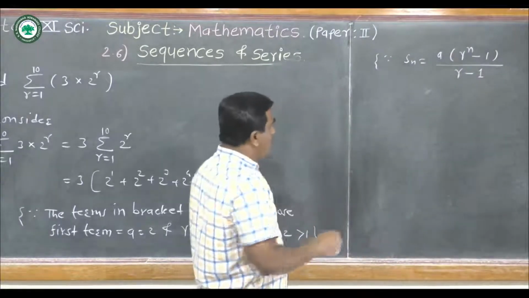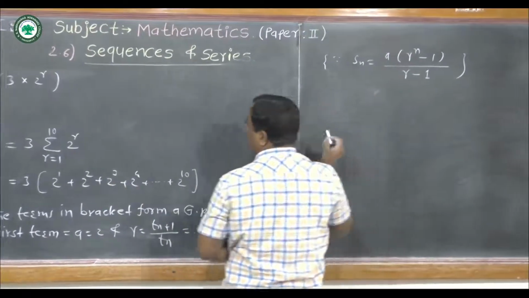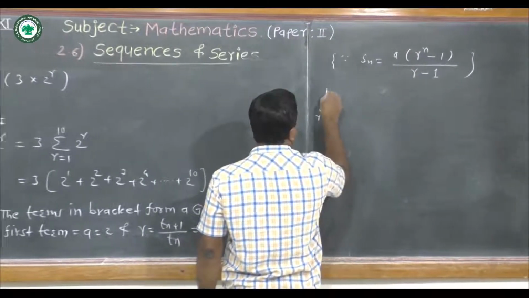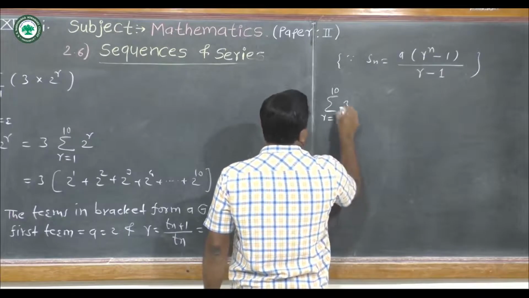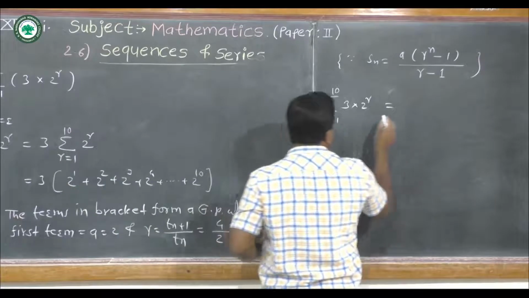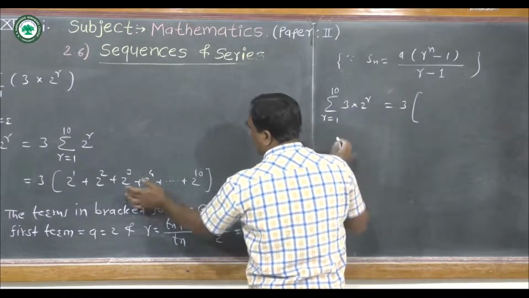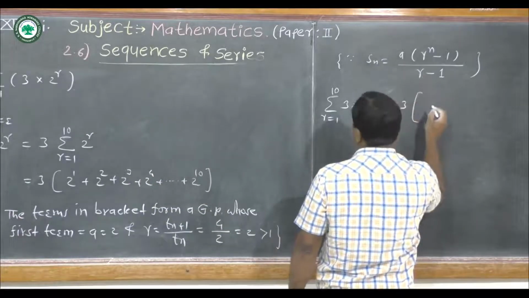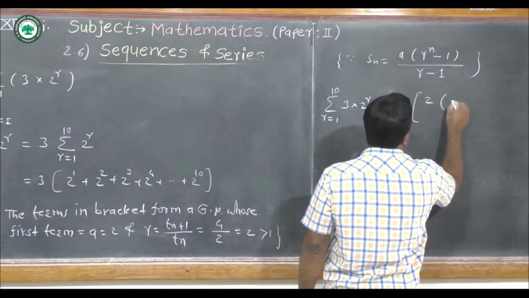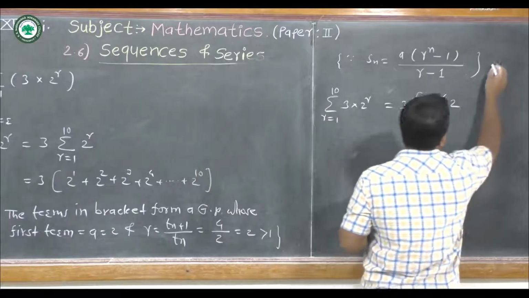Okay, using this formula for this bracket, we can write here summation R goes from 1 to 10, 3 into 2 raised to R is equal to this term 3 as it is, into, in bracket, by using this formula we can write the value of A is equal to 2 into R raised to n, that is 2 raised to, here n is equal to also 10, sum of the first 10 terms,